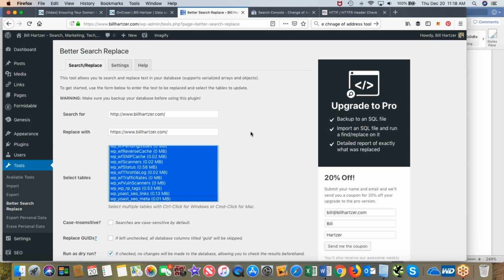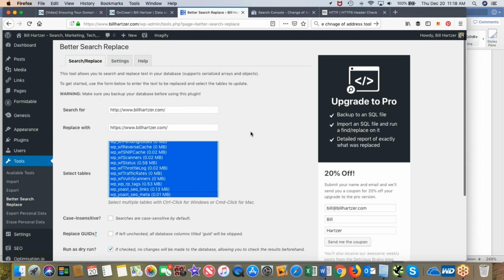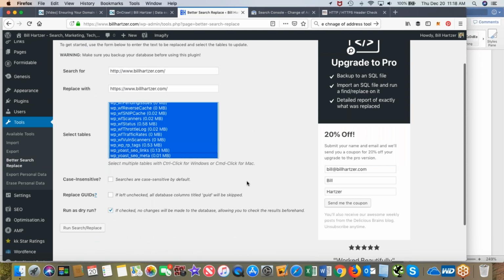So if it's mentioned as an image, or as an internal link, or as a reference to a script, .css file, or .js file or something like that, it'll replace it. So every HTTP version of that particular URL will be replaced with HTTPS. You can do a dry run and figure out how many changes are needed, and then you can make the changes. Typically you would want to make a backup and make sure that you spell everything correctly,